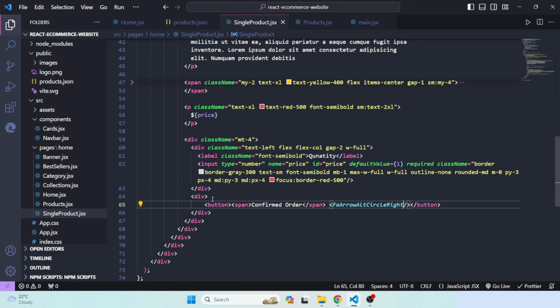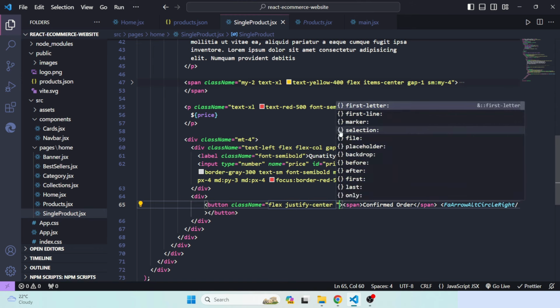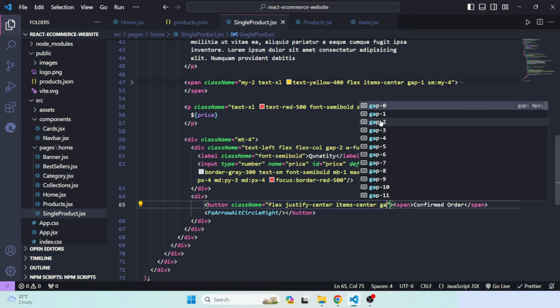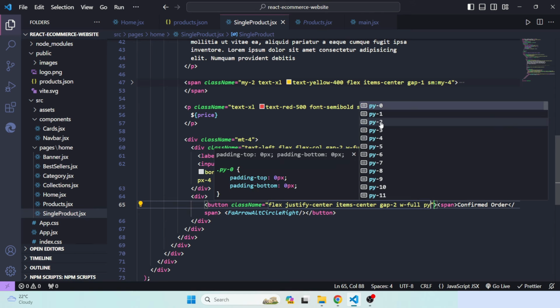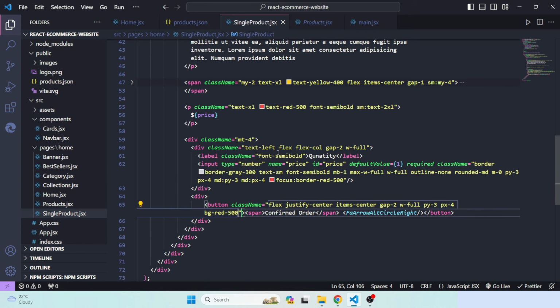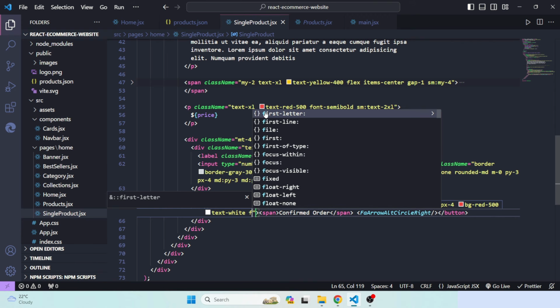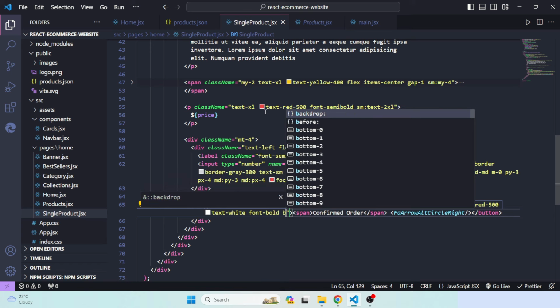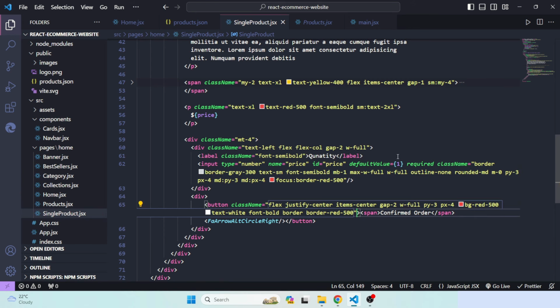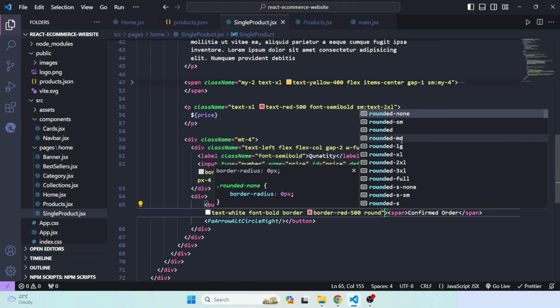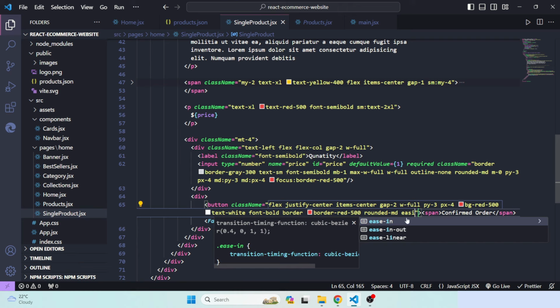Here this is the button, we'll just define class name on the button, so that would be flex justify center items center, then we'll have gap 2, then w would be full, then we'll have py px4, then bg red 500, then text will be white, then font will be bold, then border will be red 500, rounded md, then ease in out,